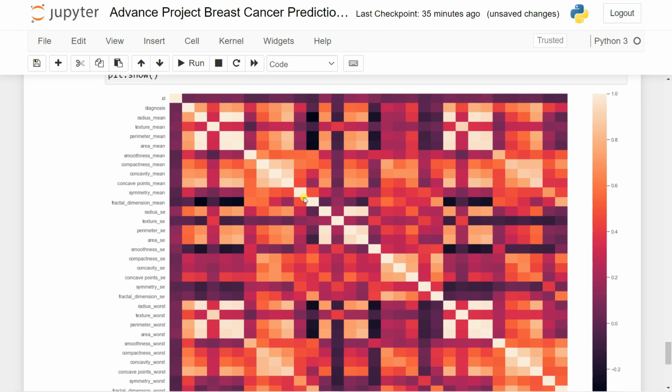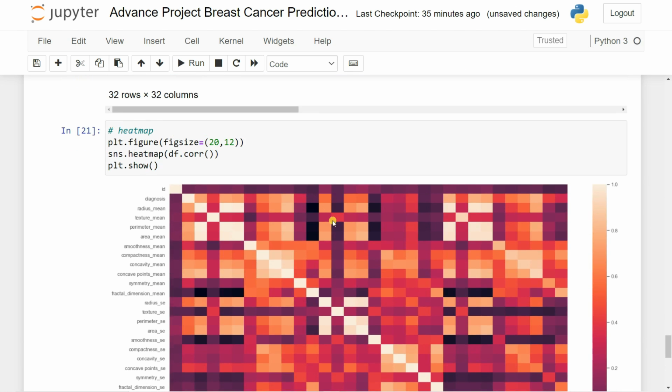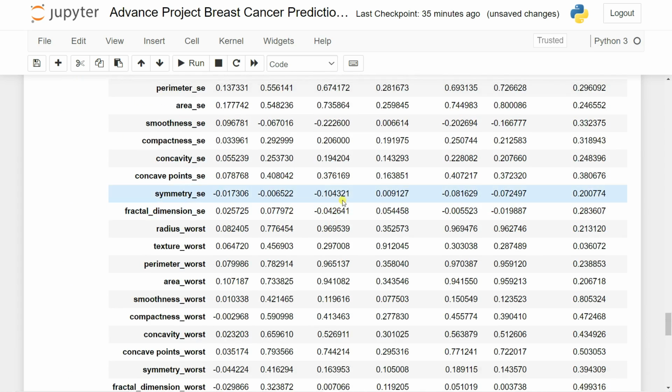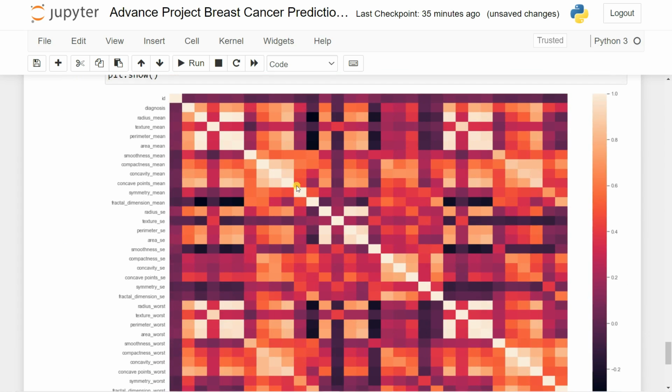So you can see this is my heat map. It's the correlation matrix, but it doesn't have any values right now. In the correlation matrix, it should have the values. Now what I can do is simply going to